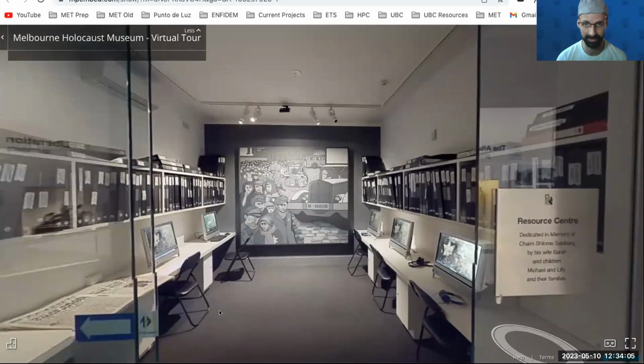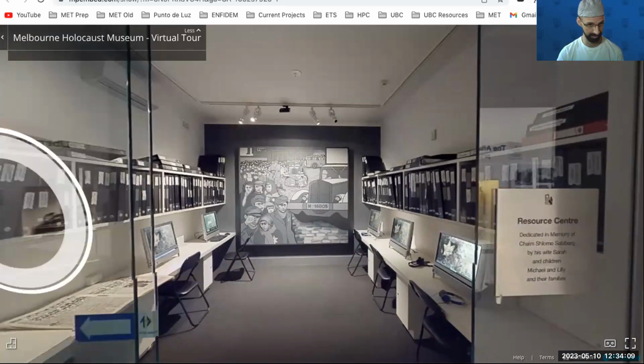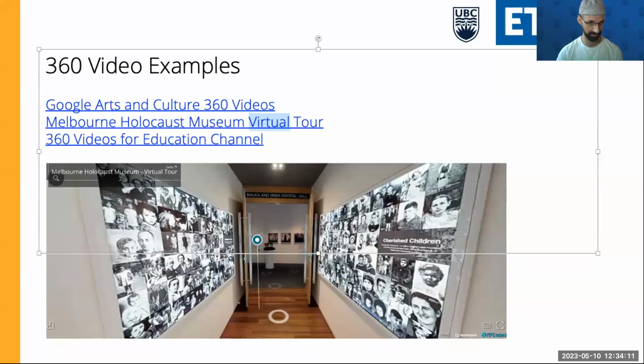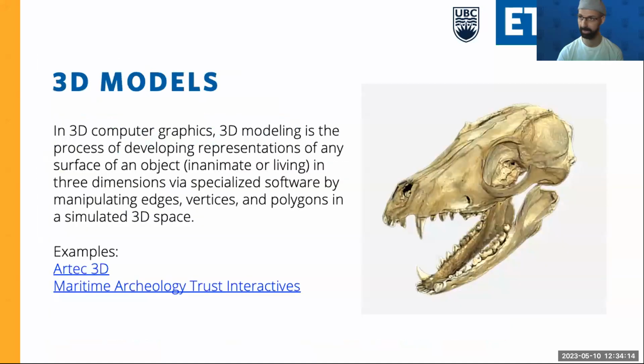Yeah, so this is quite fantastic too. Okay, let's move on. So those are the 360 videos. Then we also have the 3D models. So this is pretty cool as well. So 3D models are